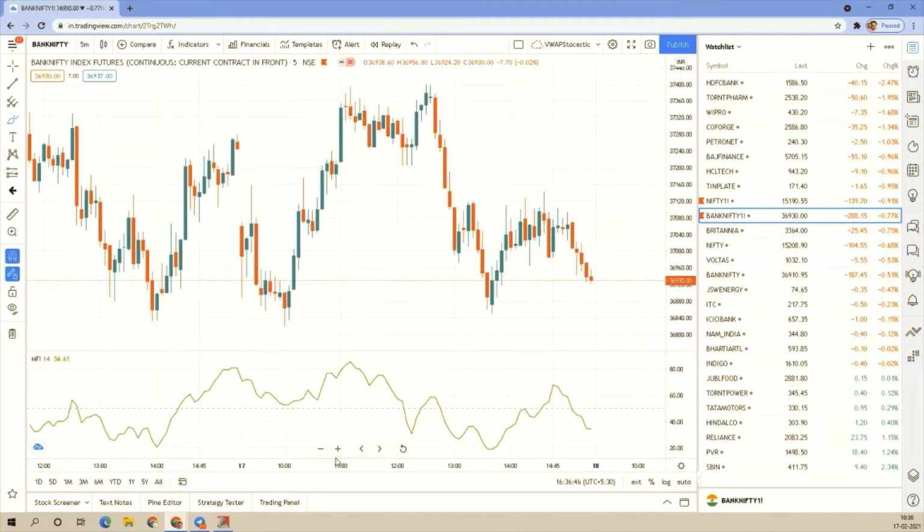So just to check, the first candle low has been taken. Maybe you could have bought it here because there is a U-turn here, and then it went up. So you could have bought here, and then you could have exited somewhere here, because this is where the U-turn has taken place in the money flow index. Then it started making lower lows.